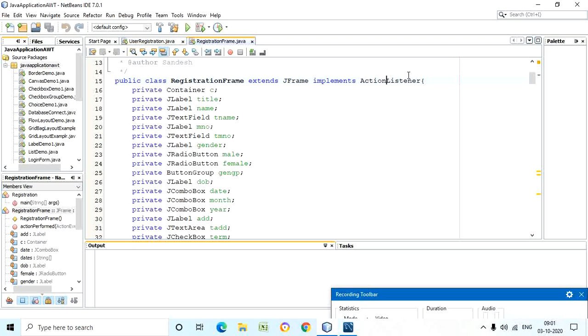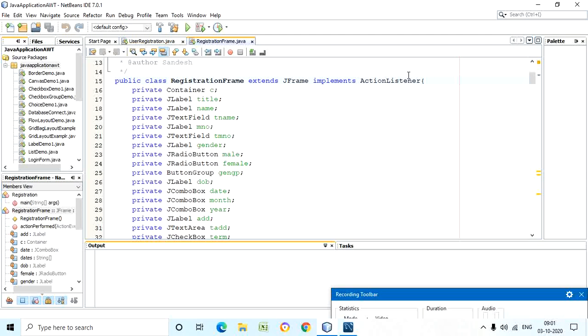I have given an event handling example also. When you click on a particular button, submit button or reset button, you should store some data or you want to retrieve some data. This is a type of event, right? In case of registration, if you want to store some data, when you click on a submit button, that particular event should happen.